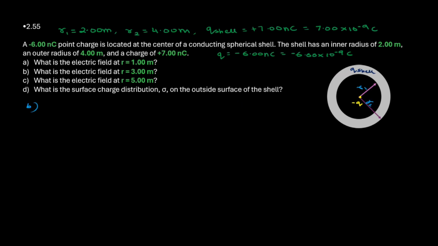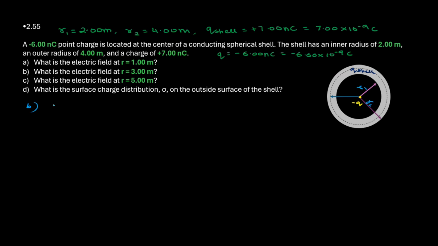Now let's discuss part B. In part B, we need to find the electric field at r equal 3 meter. Now 3 meter is between 2 and 4 meter. That means this point lies within the conducting shell. And we are going to follow the same steps to calculate the electric field at this point. So let us construct our spherical Gaussian surface within the conducting shell. We know that